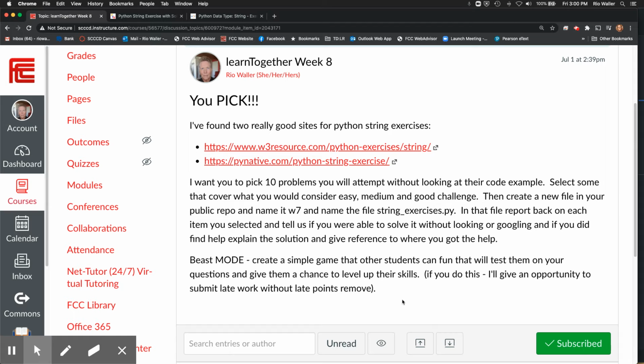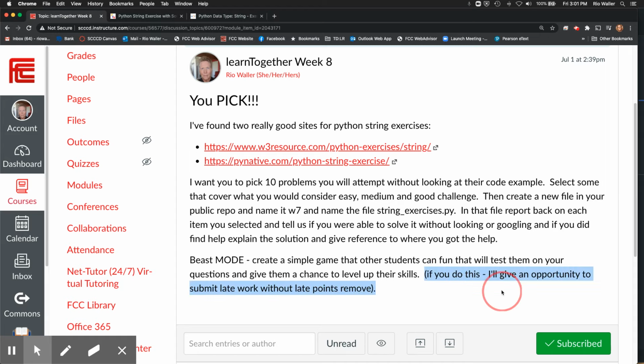And you might ask, well, how can I run somebody else's code? Well, you can clone somebody else's public repo into your own, which I actually recommend. And then you can do what's called a git pull to pull when they add new content. The thing you don't want to do is update their content. So if you modify their files, don't do that when you go to pull. Although you could play with that, that's also a good thing to know how to do. So beast mode would be not only do this, but then create a simple game others can use, and give them a chance to level up on their skills.